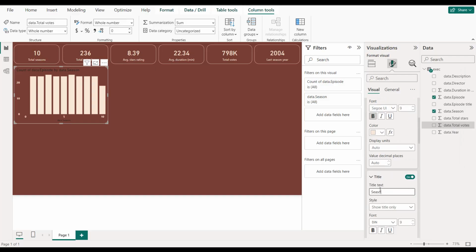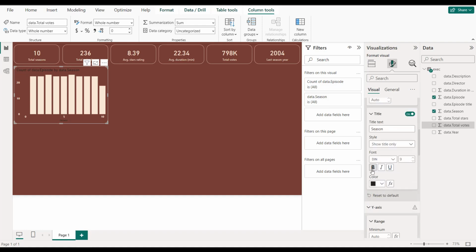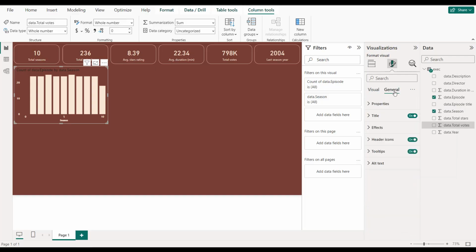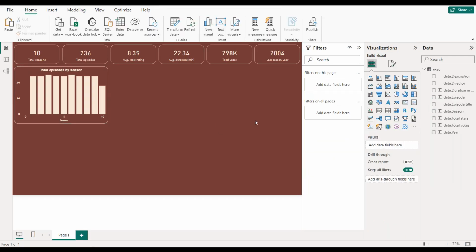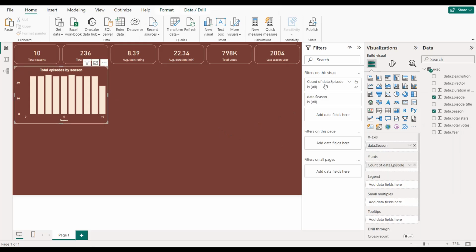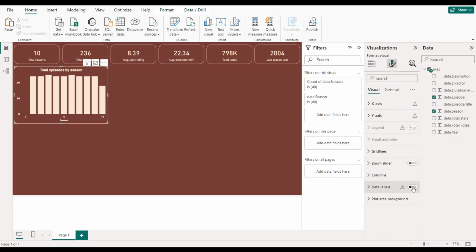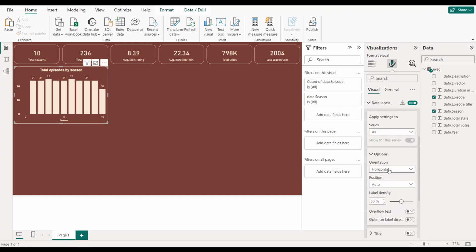So season, bold, and in the same color. Now for the title, we have total episodes by season. Okay, in the center, bold, and the same color. All right, we can also add the labels. So label on, and it will be